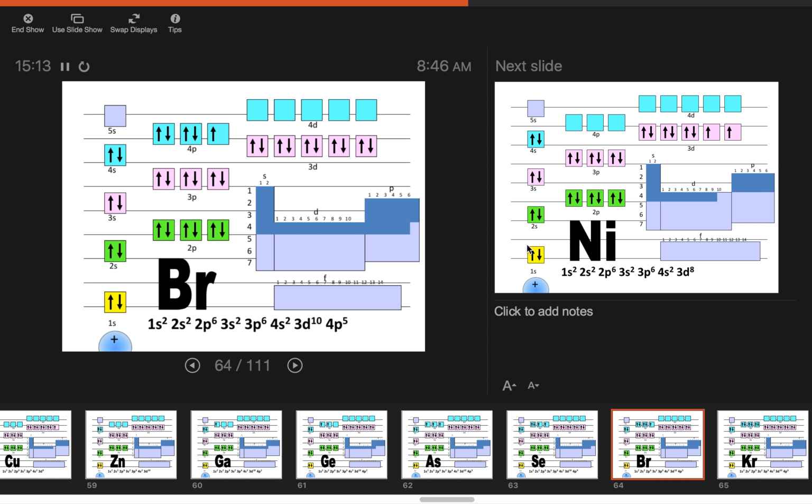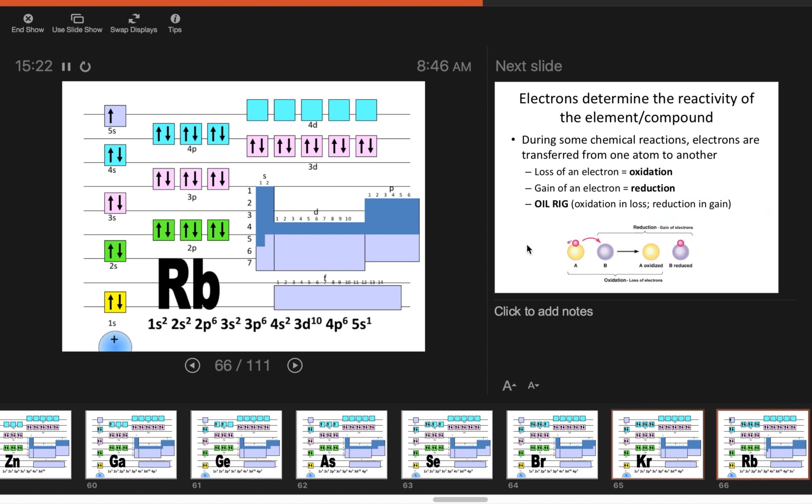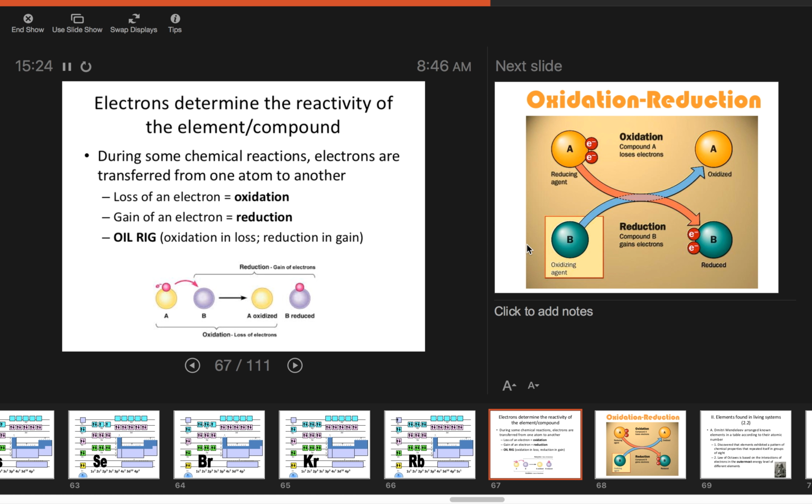Okay, we're almost to the next noble gas. Ah, krypton. Isotopes would change the number of neutrons. Yes. So that would change the total mass, but it wouldn't change your electrons. Okay, come back. Yeah, you're right. Go back. So what are we changing? Okay. What changes an ion? So when